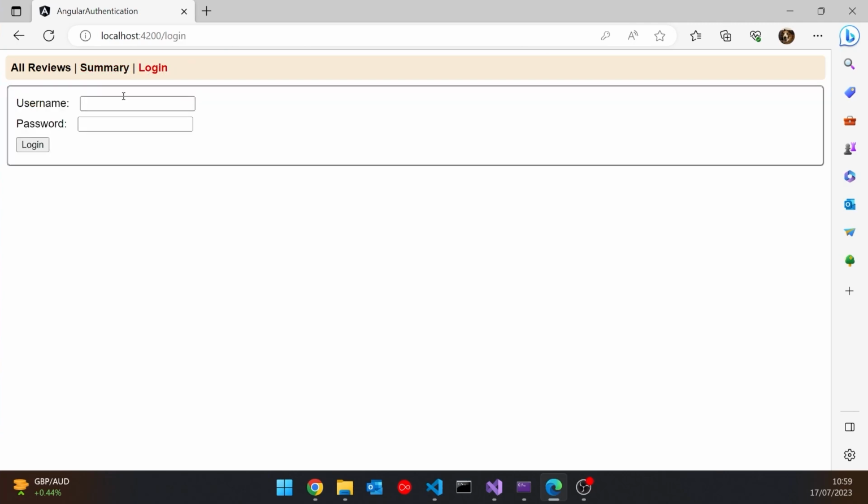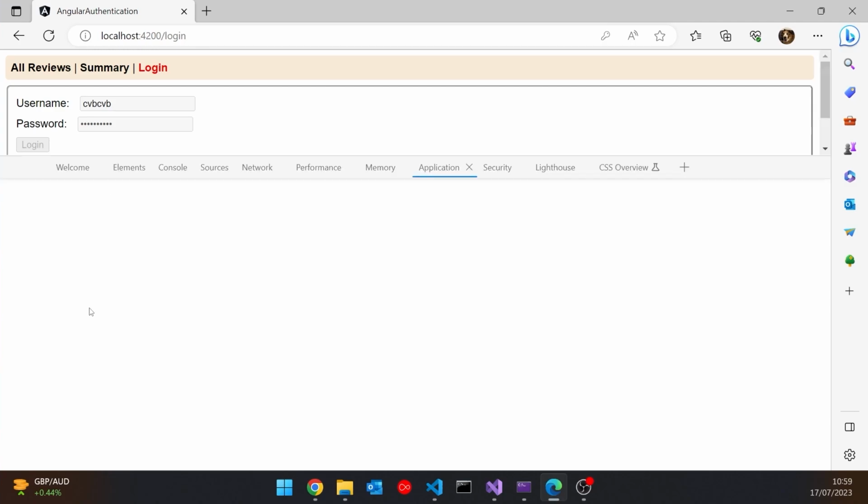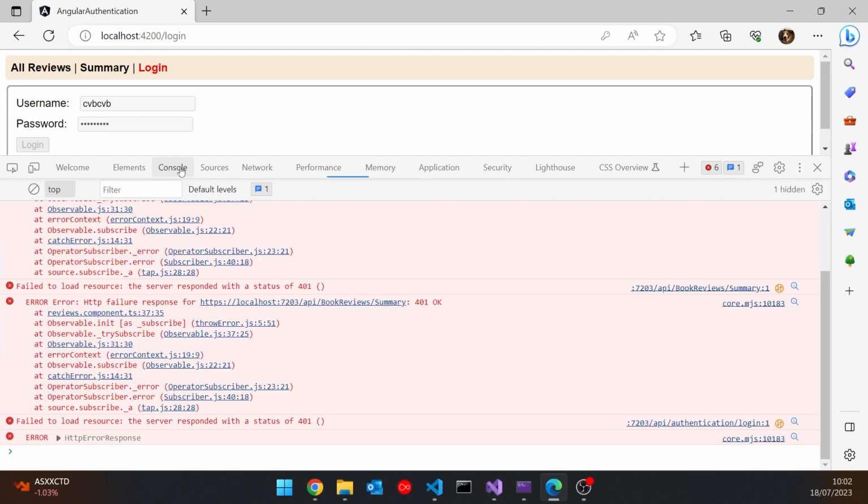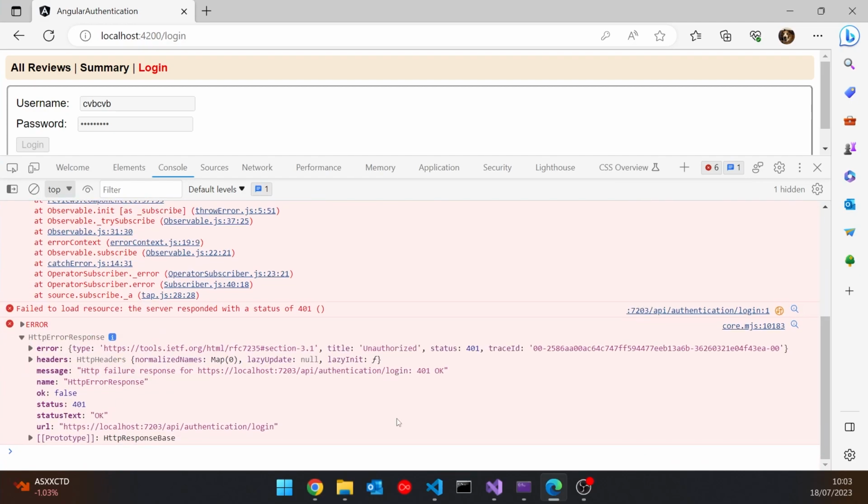But the thing is, if I were to try an invalid login, so I just type in some garbage in here, and we click the button, we get the message "you are logged in until," and then it just doesn't do anything else. It has failed to log in, but it's not being very friendly. And if we bring up the DevTools again and go to the console, there you can see we've got the 401 where it was the invalid credentials. And although it says 401 OK, we've got this slightly strange return, but it's definitely giving us a 401. And so that's the unauthorized attempt to log in. So how are we going to report that error in a more friendly way?